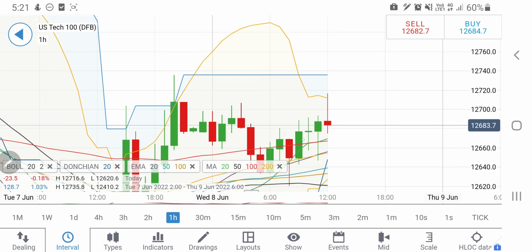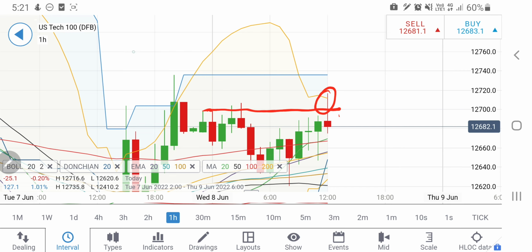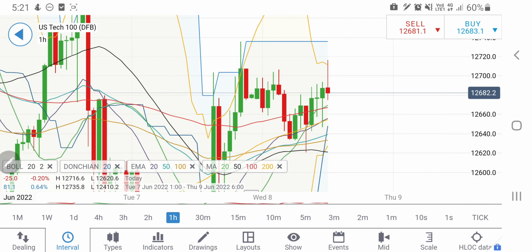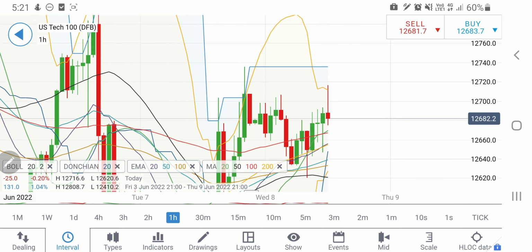Look at Nasdaq 100 on the hourly chart. See, it was giving these lows and 12700 was providing a resistance. It tried to break out and now it is trying to reverse again. So yes, 12720 I'll be watchful of, and beyond that it will be looking forward to 12760, 12820 and beyond that we may see it hitting 13,000 levels by tomorrow